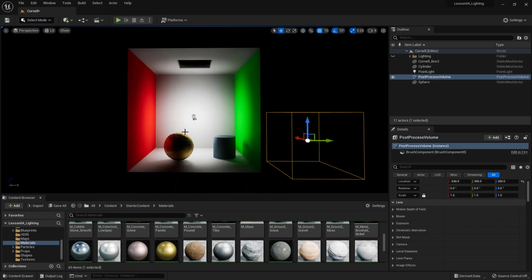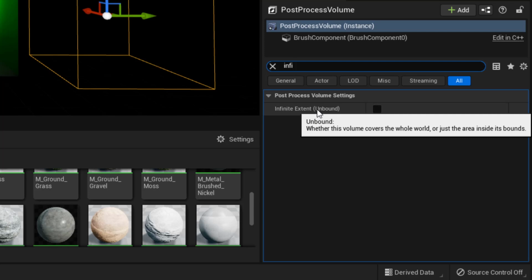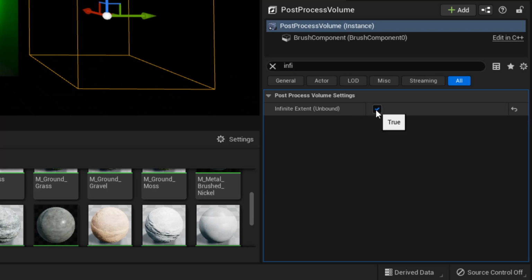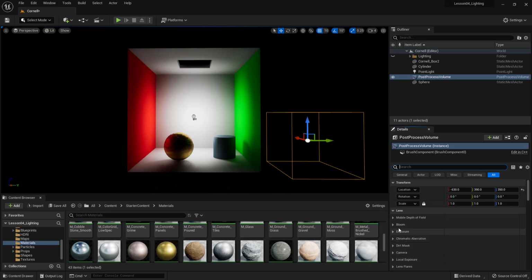So every time I play around with lights, I always have a post-process volume in the scene just to make sure that what I'm doing is correct. Now, right now, this post-processing volume only affects what's inside this volume, but there is an option called infinite extend. If I tick that on, any change I make in any of these attributes will have an impact on the entire scene, because I set the